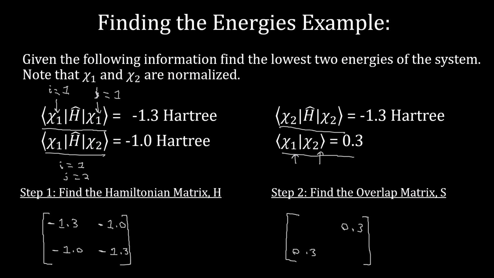However, we're told that chi1 and chi2 are normalized. And that means that the bracket of chi1 with itself is equal to the bracket of chi2 with itself, and that's going to be equal to 1. So we can now plug those in. And now we've successfully found our Hamiltonian matrix and our overlap matrix. So I just reiterated those on the top right, and now we're going to go on to step 3,